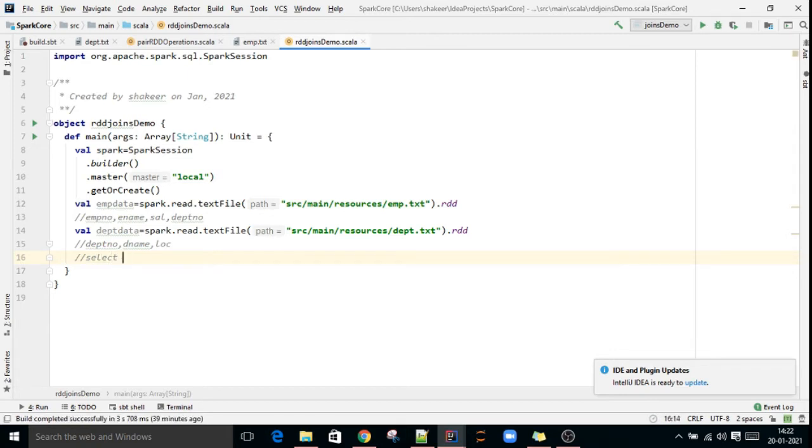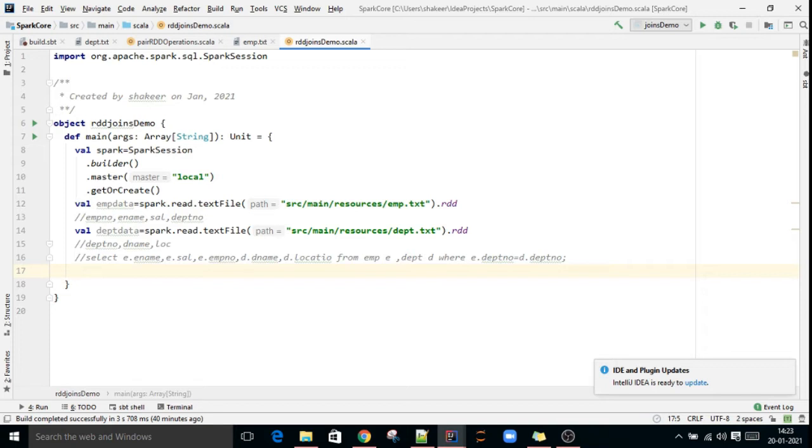Inner join: select e.ename, e.salary, e.employee number, d.department number, d.department name, d.location from emp e, dept d where e.department number equals d.department number. This is the select query we are trying to achieve now using RDD joins.